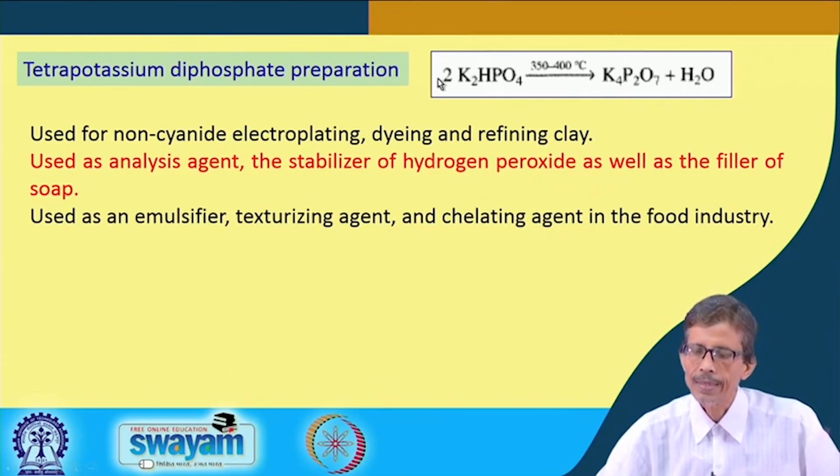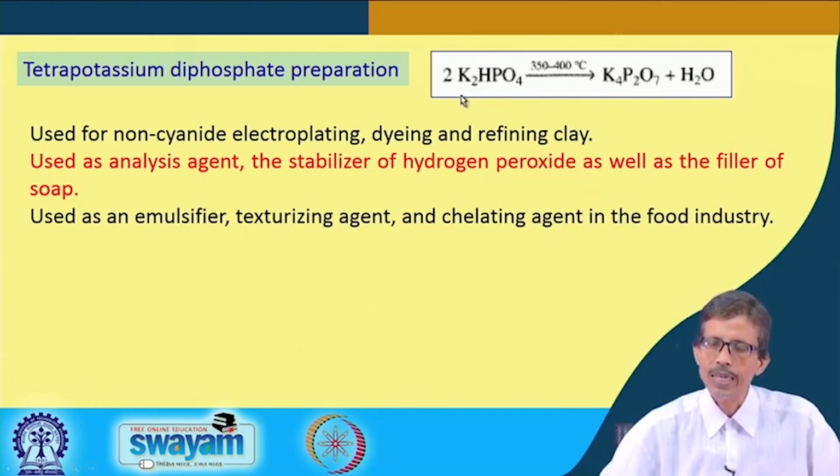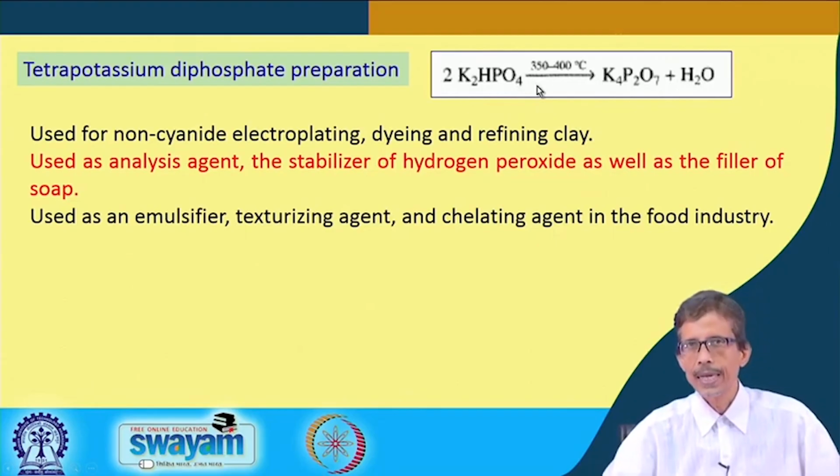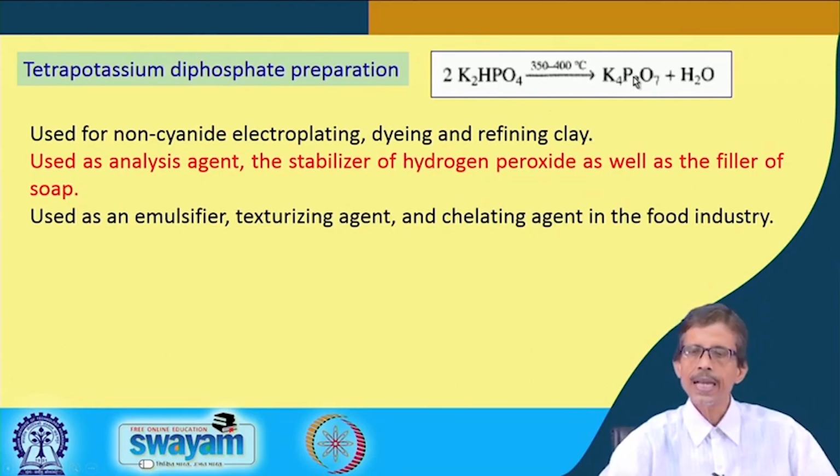So that is basically some kind of dehydration reaction, a high temperature dehydration reaction in this range. So we basically get the corresponding diphosphate as a tetrapotassium salt, and this will be very useful